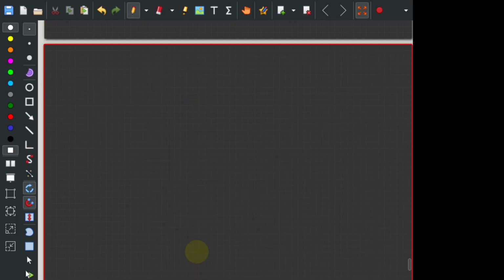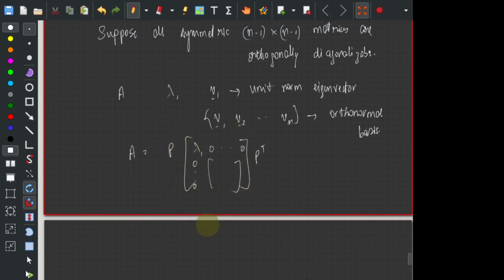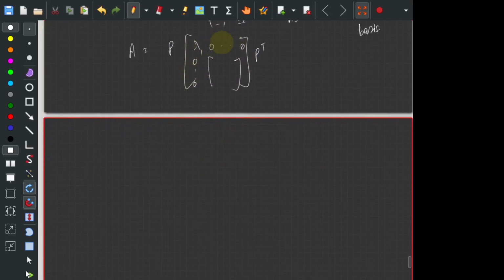So what does this basically tell you? If I take this particular matrix, I'm representing vectors in terms of the new basis. Suppose I have a vector which is alpha 1 v1 plus alpha 2 v2 and so on, plus alpha n vn. Basically A times this, what will this be equal to? Okay, that is fine. But in terms of this particular matrix,